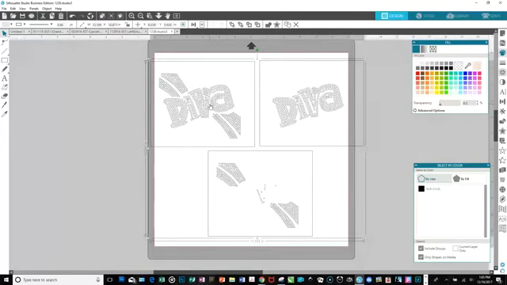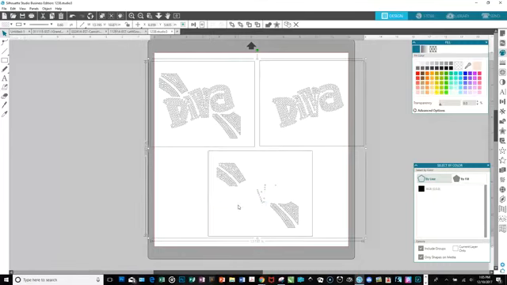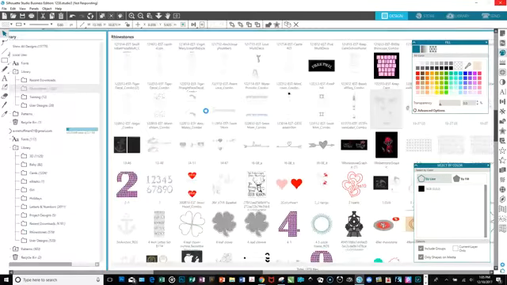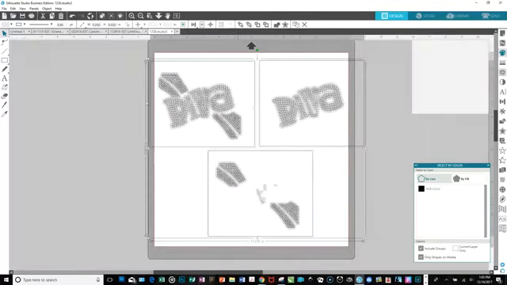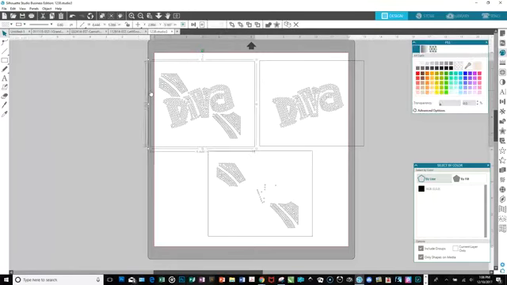So I have these here, and I wanted to ungroup. It doesn't give me that option, which is crazy. So I have to do release compound path, and that is going to release all of these individual little stones here, just as it did. And again, this is part of the person who created this, how they group this. This first one is all of the design, all on one template,